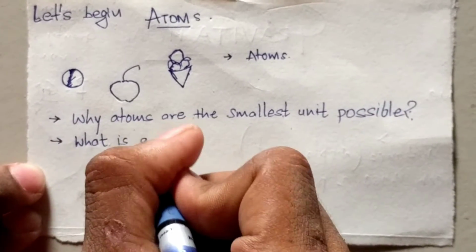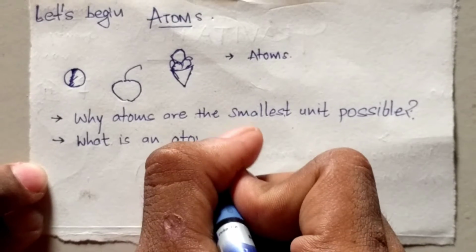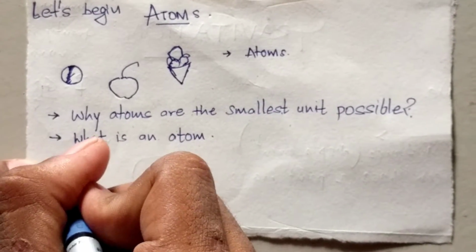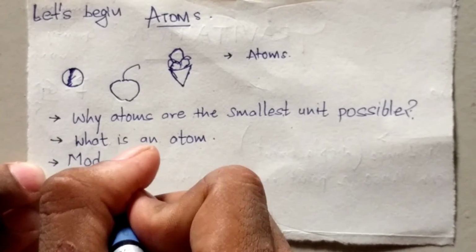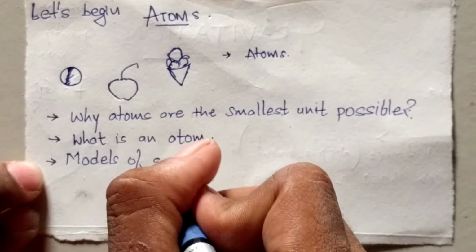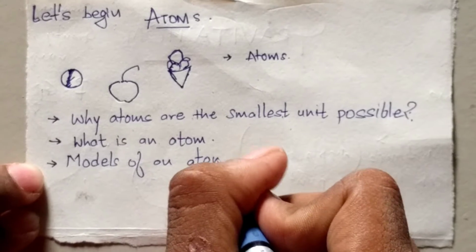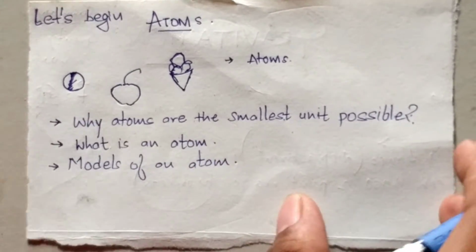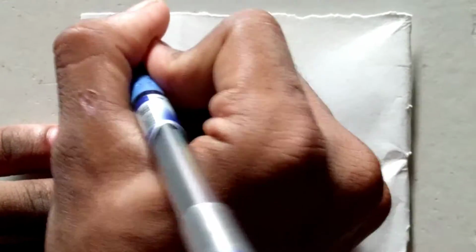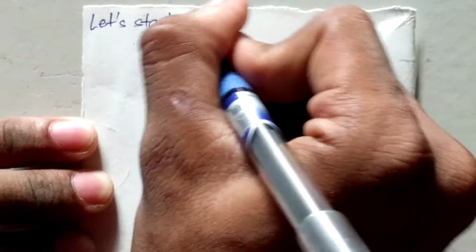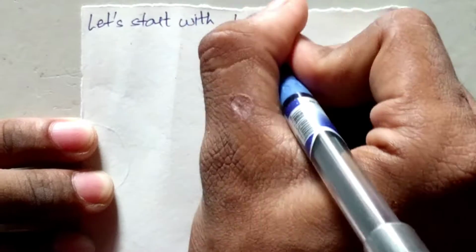Assuming an atom to be the size of the earth, how big would the nucleus be, in the size of a football or something like that? So let's go back in history and restart again what atoms are, and see how many theories were proposed by